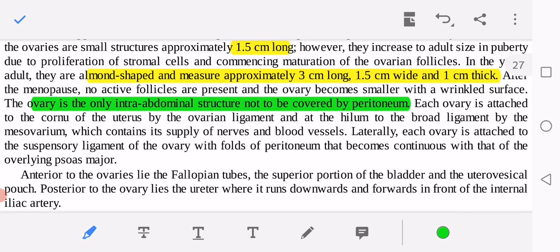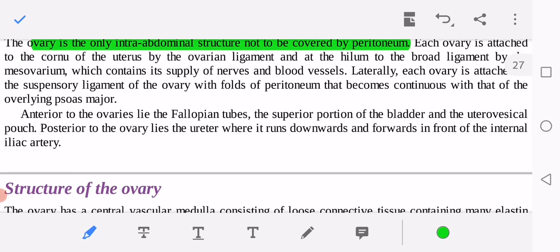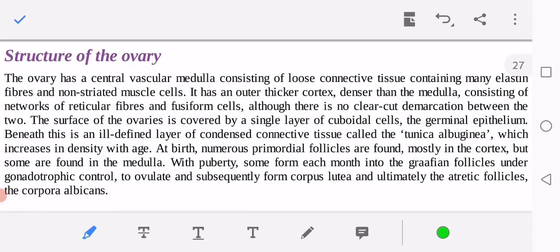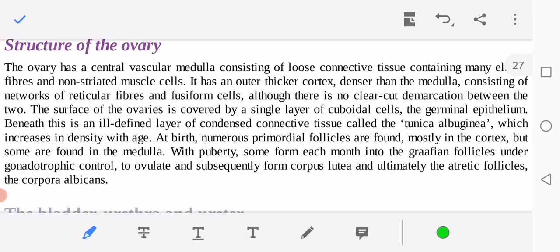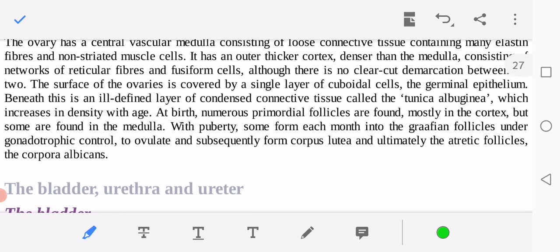Laterally, each ovary is attached to the suspensory ligament of the ovary and with folds of the peritoneum that become continuous with that of the overlying broad ligament. So anterior to the ovaries lie the fallopian tubes and the superior portion of the bladder and the uterovesical pouch, and posterior to the ovaries lies the ureter, where it runs downward and forwards in front of the internal iliac artery. So the structure of the ovary has a central vascular medulla, consisting of loose connective tissue containing many elastin